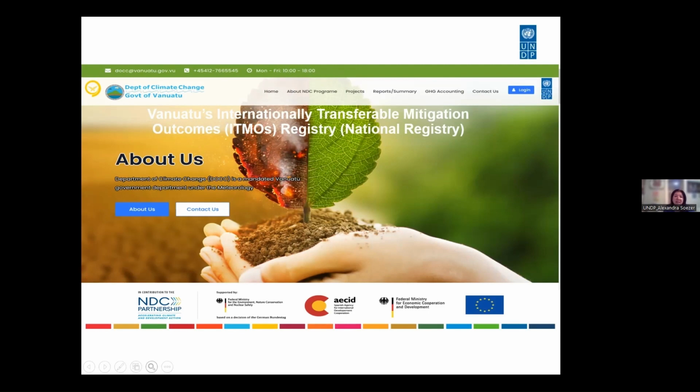Then a cancellation account to cancel ITMO units against cancellation or retirement requests, a holding account for project proponents, but also holding accounts for bilateral partners, so for example, for Switzerland. And each registry participant within the registry has also a unique account number.